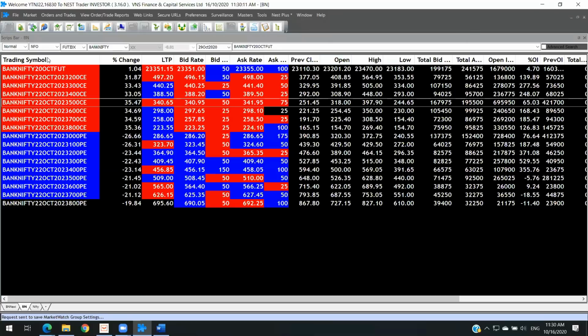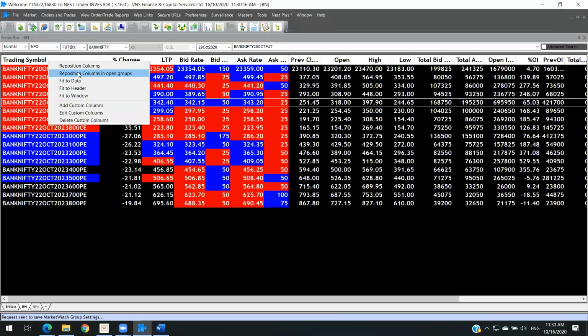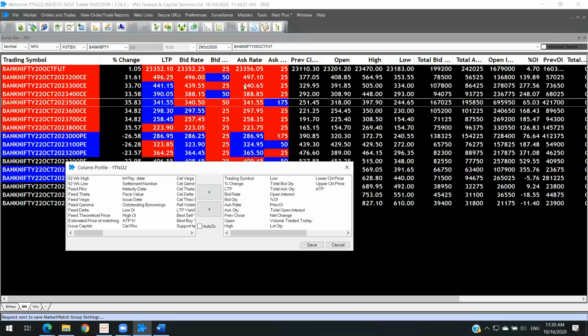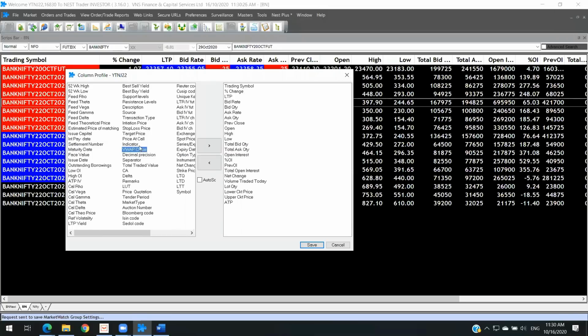Once you are done with that, all you needed to do is choose these columns. Click on this market position column in the open group. You will be able to see everything here. Choose only what you wanted, and remove other things. Say for example, if you have added VWAP close and if you don't want it, just click on this, it will automatically go there. Here again, total open interest, I don't want it. Just click on that, it will go off.